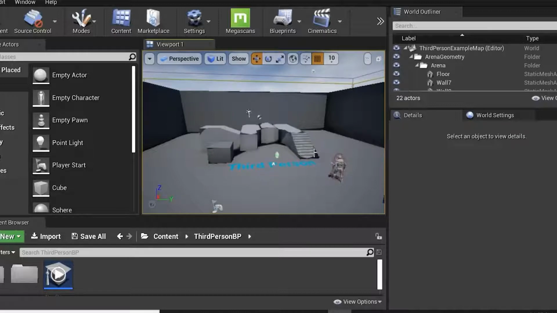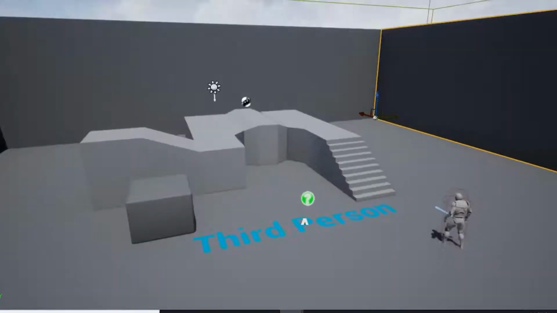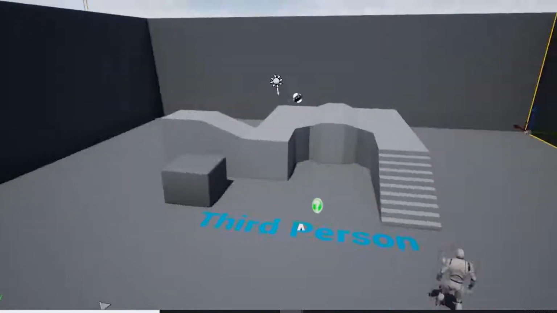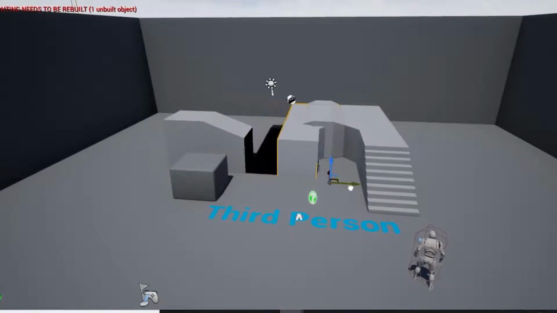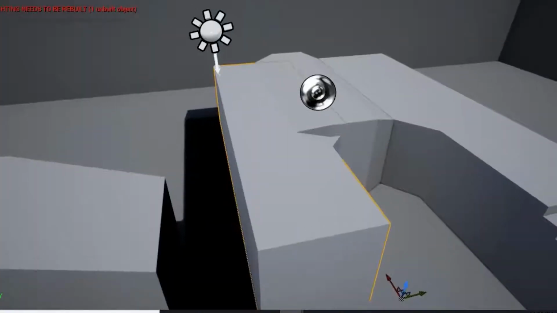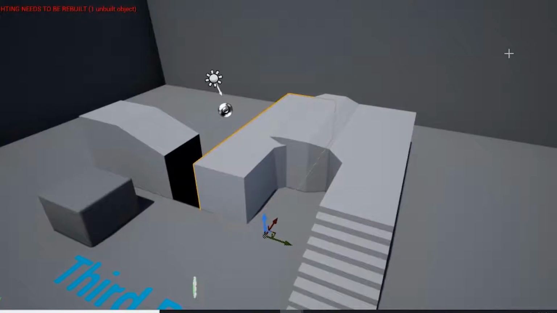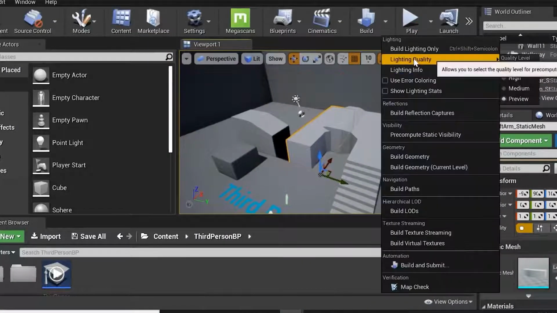If you see over here, this is my scene. I'll press F11. Here you see this is my third person game. If I move this cube over here, this is what I was talking about. See, light needs to be rebuilt because I have moved my object, and it is again calculating my previous shadow. So what I'll do, F11, to scale this, build, and say